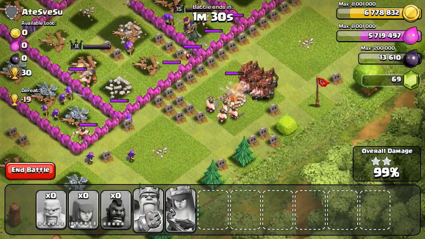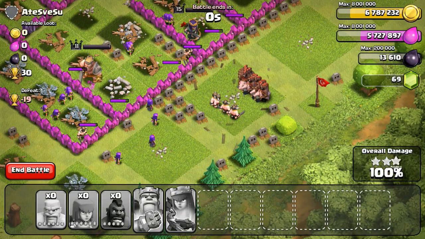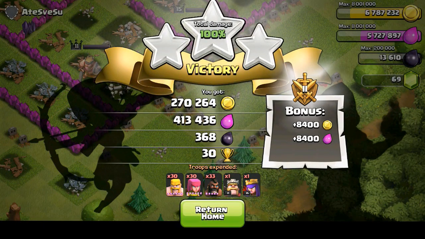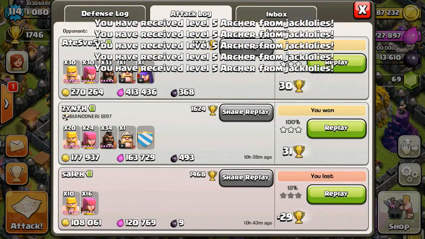Now we're just going to destroy this last army camp, and we should be good to go ahead and 3-star this guy's base. So on this one, like I say, about 690k, maybe a little bit more, I'm not too sure. Anyways,